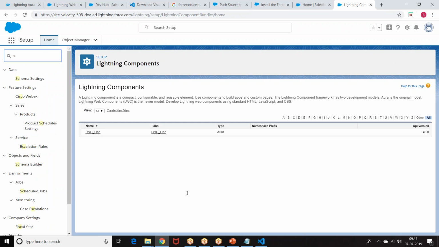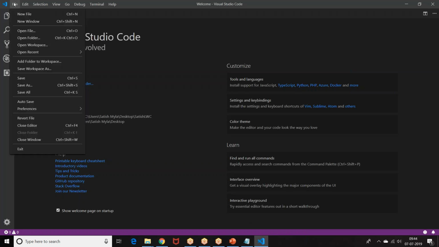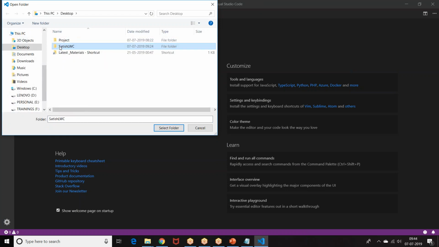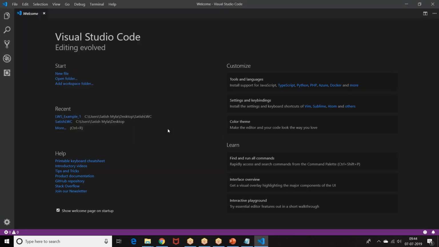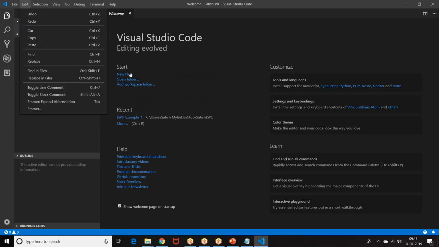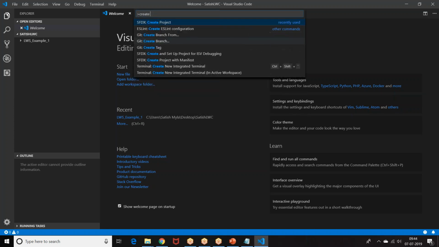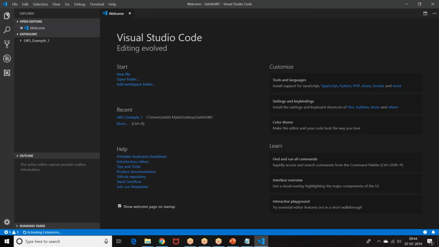Now, first story, file, open a folder, selected the folder. So my folder is open. Then once my file is open, Control Shift P, create project. Project name,